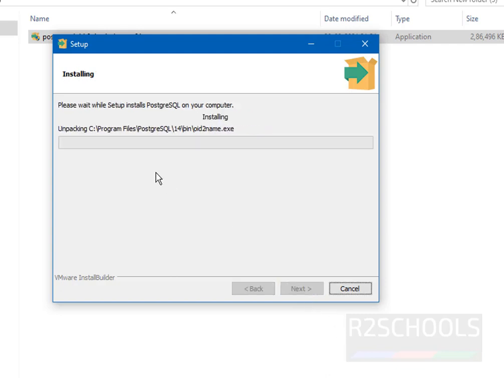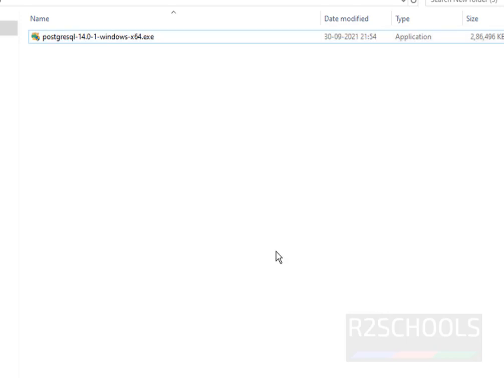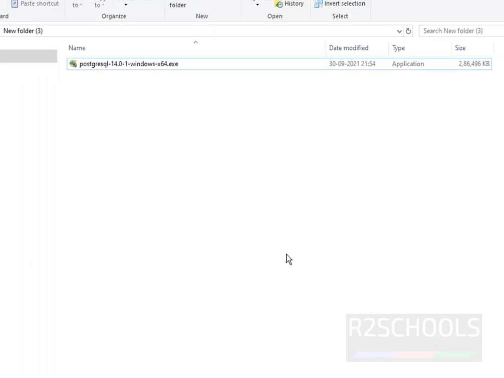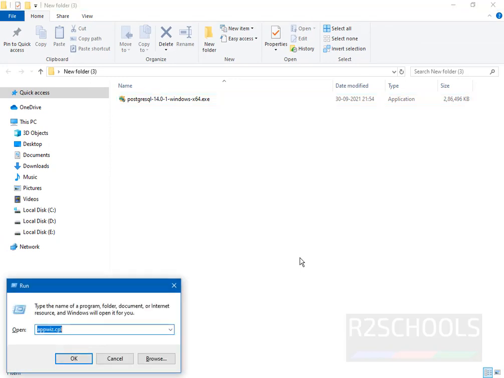Now installation process has been started. PostgreSQL 14 version has been installed successfully on Windows. Click on finish. Now we have to verify whether PostgreSQL server is started or not by going to start and typing services.msc.